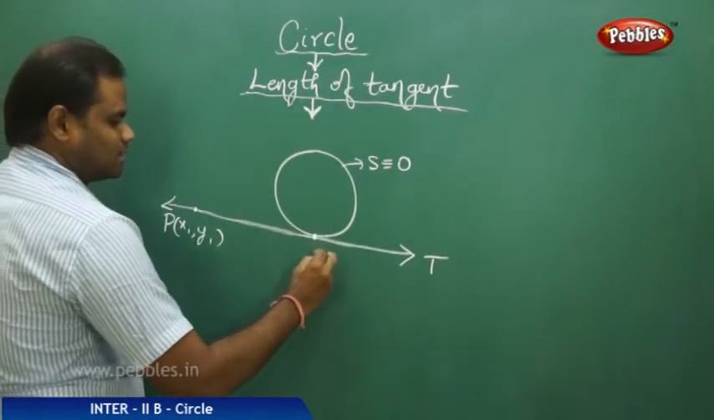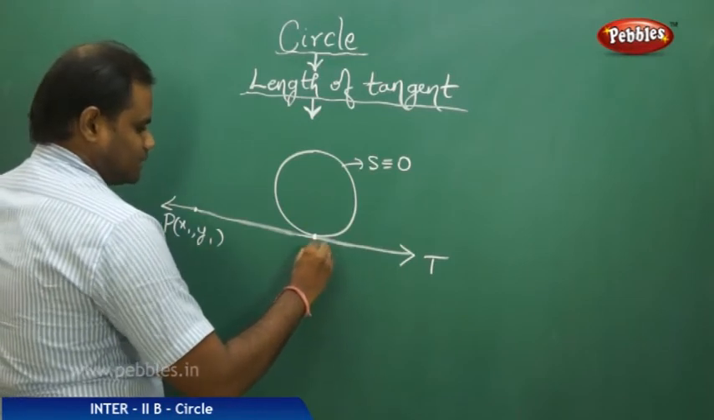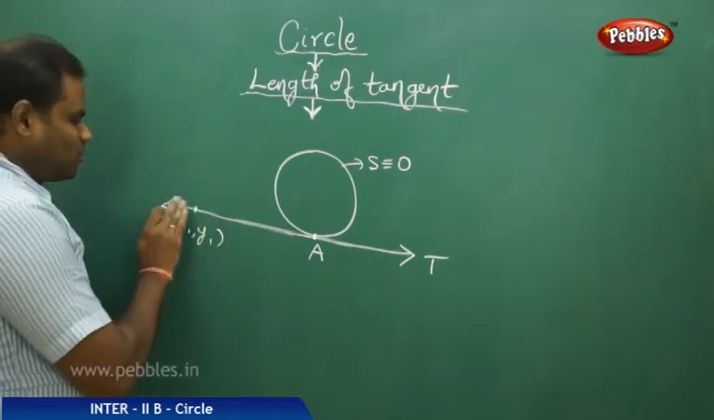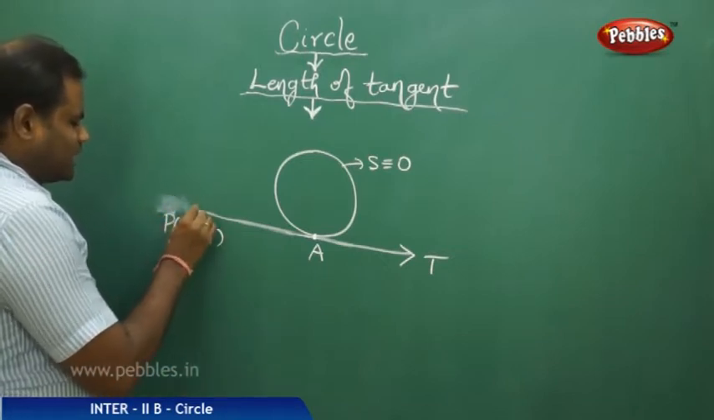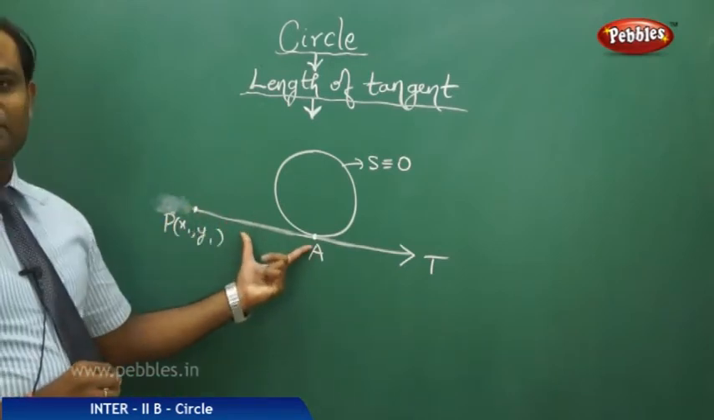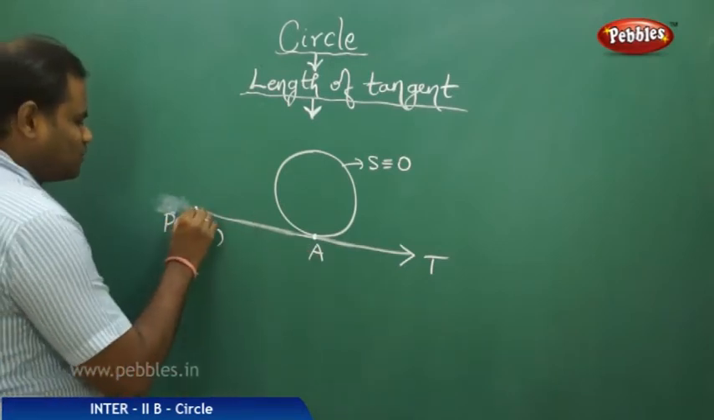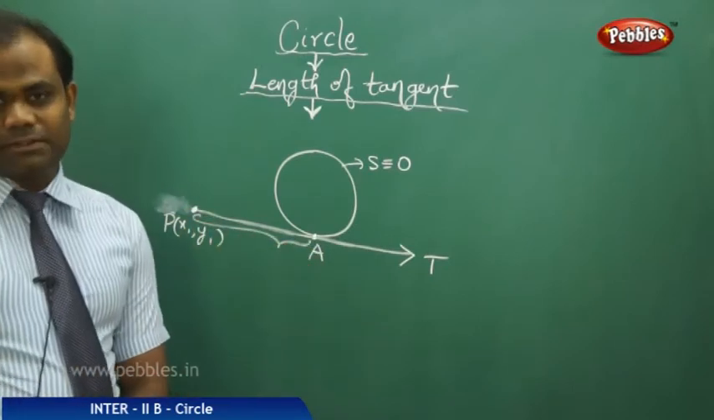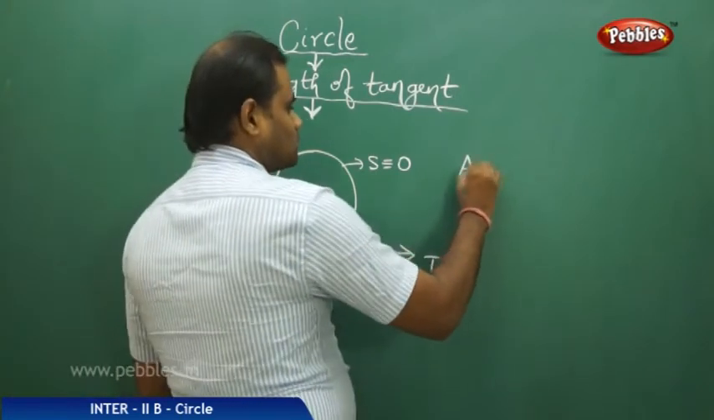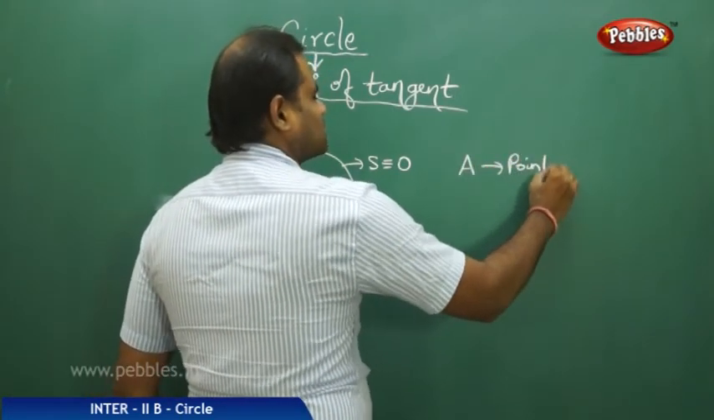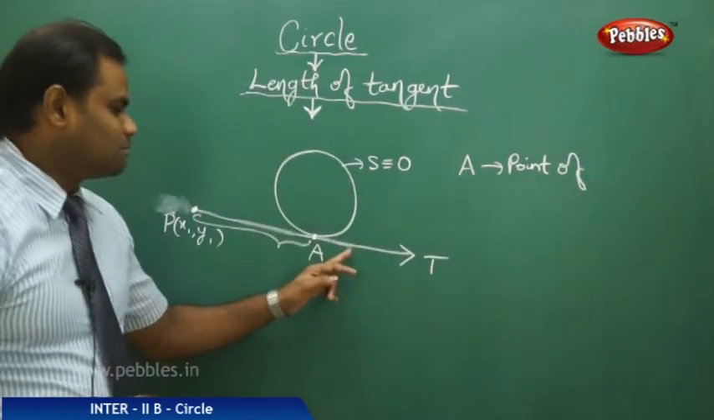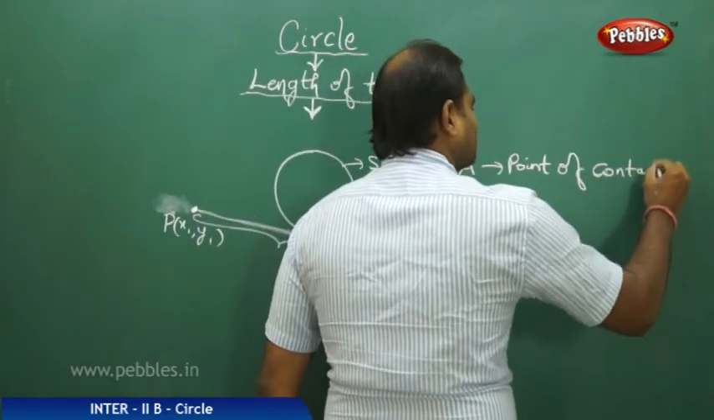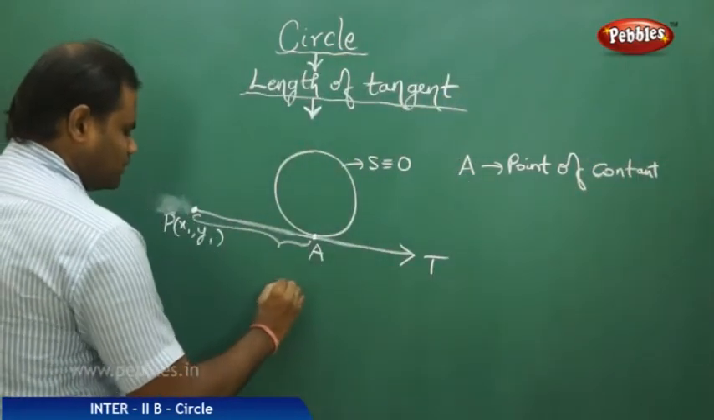where this cuts here at A, then in this case the point P(x1, y1) through which I draw the tangent makes some length with the circle. So this length from point P to the point of contact of the tangent is called the length of tangent. Now here A is called the point of contact because this is the point where the tangent makes contact with the circle. So A is the point of contact,